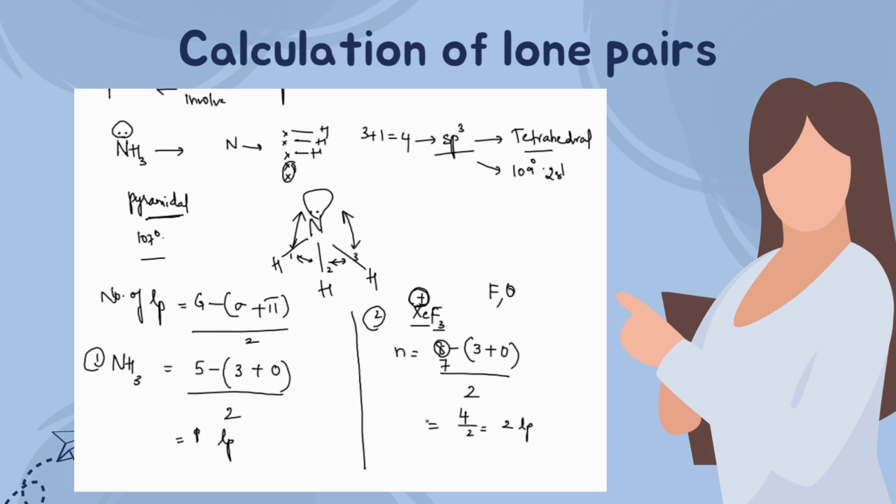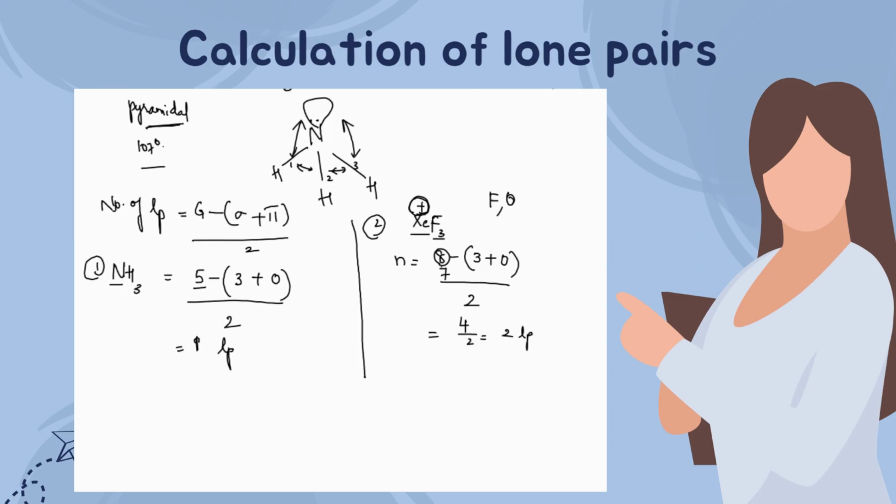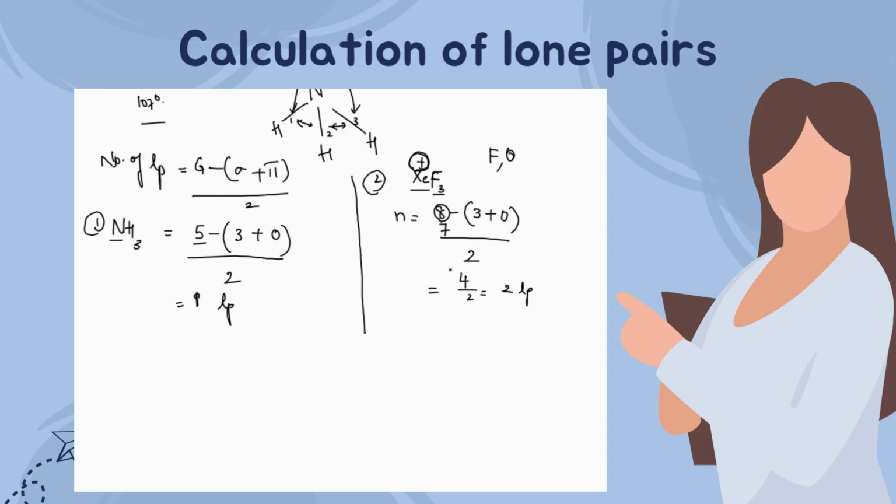So that means in case of a neutral atom or a neutral molecule, you have to consider the group number as it is. But in case of a cation, you have to do group number minus the charge of the cation. If there is plus 1 charge, you need to remove 1. If there is plus 2 charge, you need to remove 2 from that, as we did in the case of XeF3 plus. Similarly, if you find any negatively charged particle, for example, if we have BF4 minus,